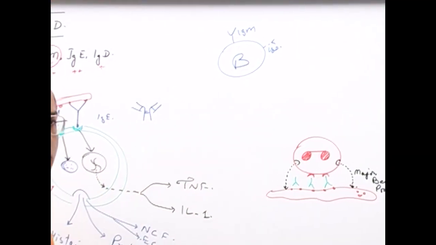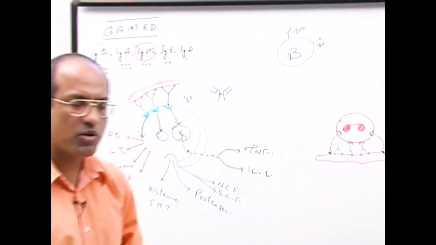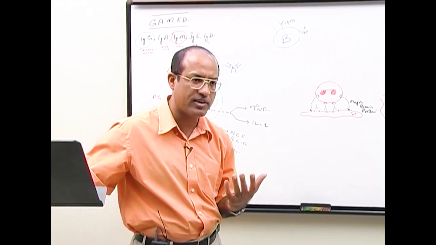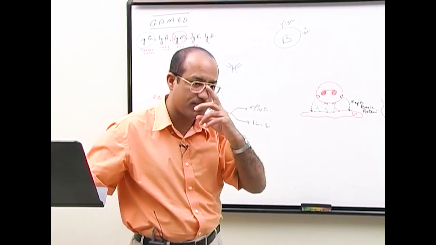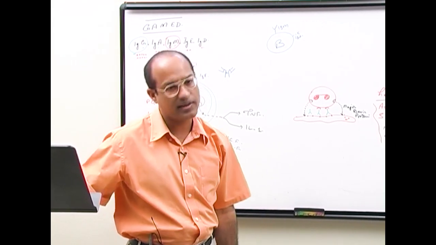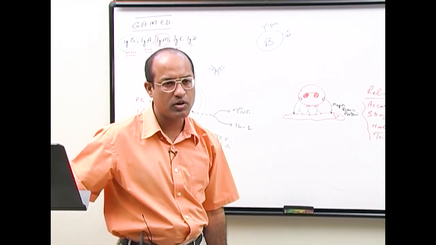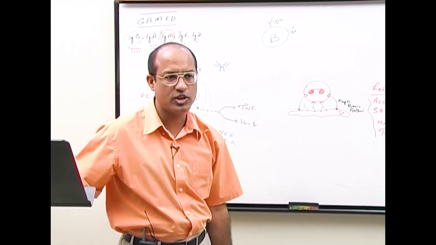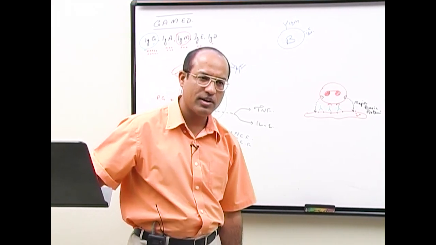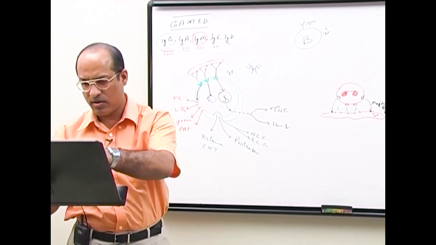So IgM and IgD are present in monomeric form, expressed on the surface of the B lymphocytes, and they act as receptors for the antigens. So B cell receptor or BCRs are mainly IgM and some of them are IgD. Is that right? So,